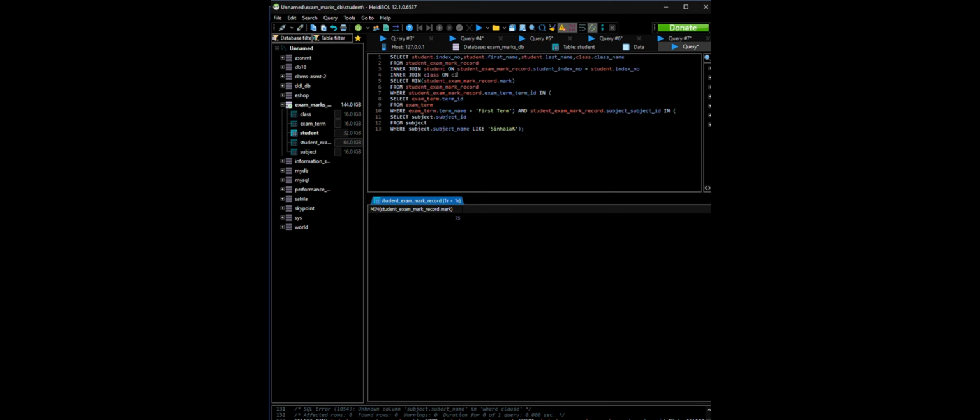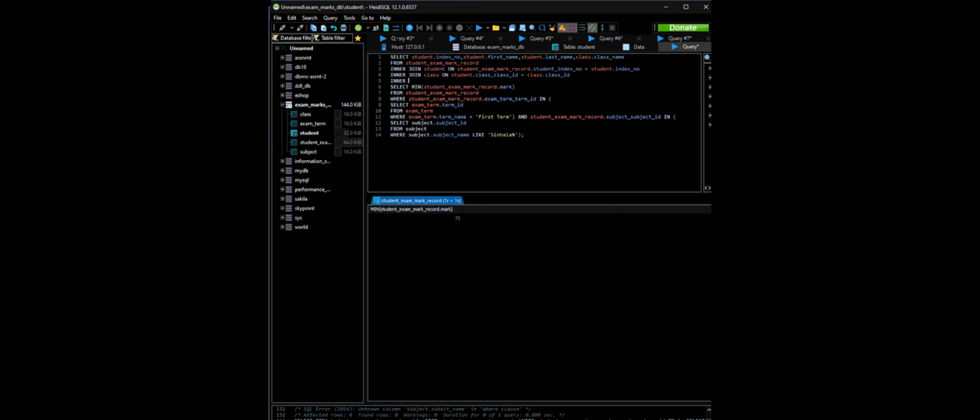Likewise we are going to join in three more tables: class on student dot class underscore class id, class id is equal to class dot class id. Then we are going to inner join exam term on student exam mark record dot exam term underscore term id is equal to exam term dot term id,